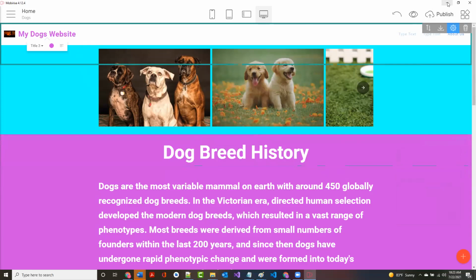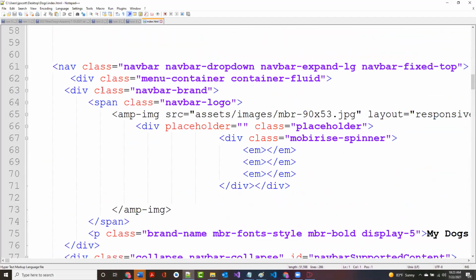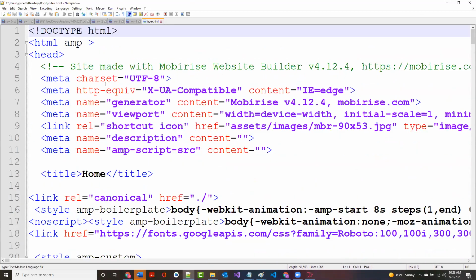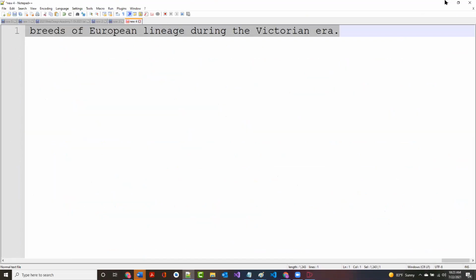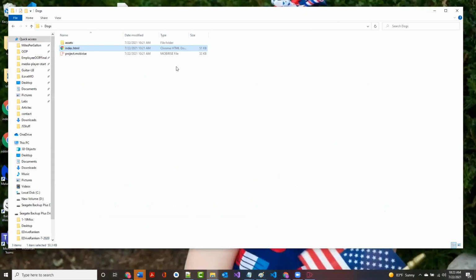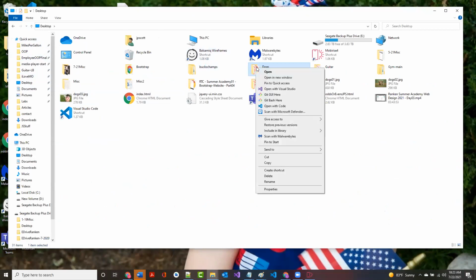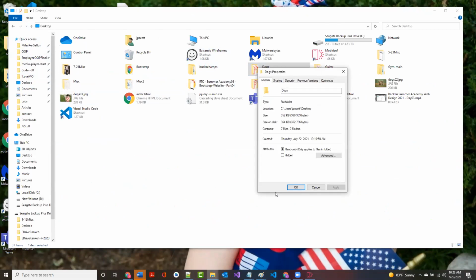All right. But what I'm trying to show you here is, it wrote all this code for you. You should not touch this stuff. I really shouldn't even look at it, because it was written by the system, not by me. Okay. But what I'm trying to tell you is this. This is the entire site in a folder called dogs. All right. And if I right mouse click on the folder called dogs and I choose properties, you can see this is the size of it. And that might sound big. That's really, really small. That's not even a meg.